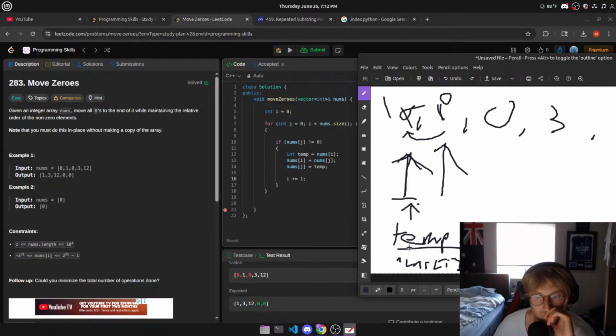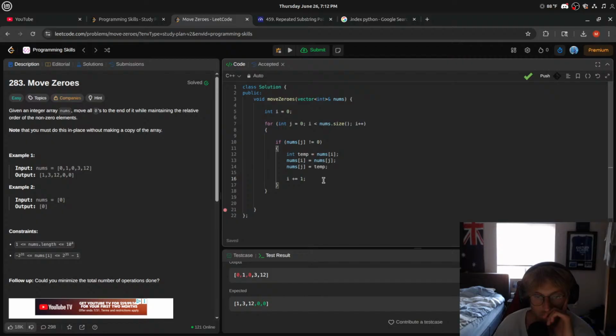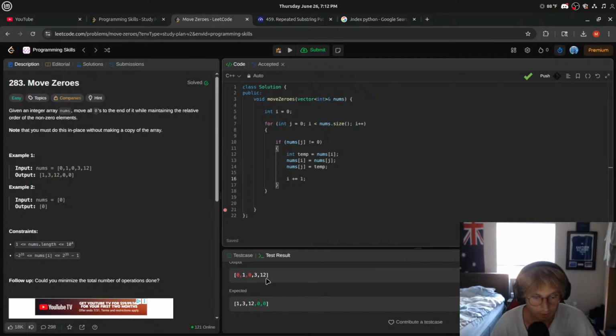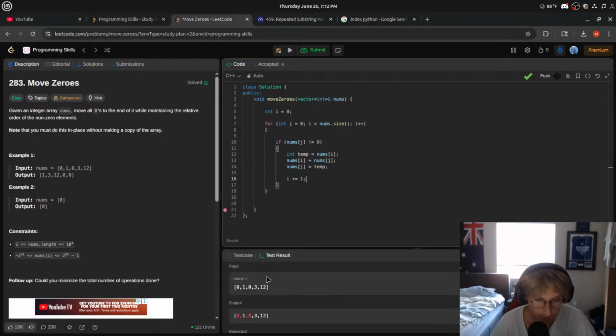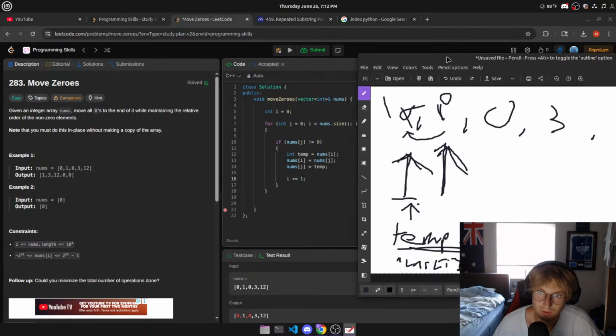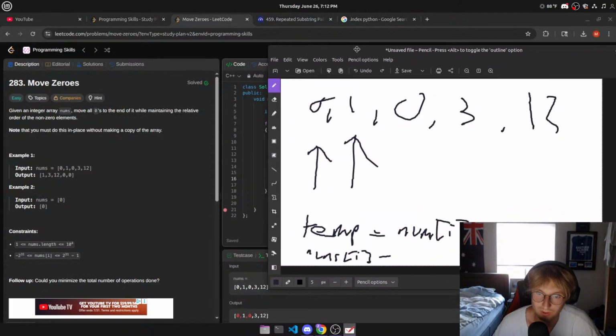Right? Making nums equal to nums i. I'm at my j here that I want to swap. Make nums i equal to j. And make j equal to temp. Am I not returning it properly, then? I don't got a debugger, so